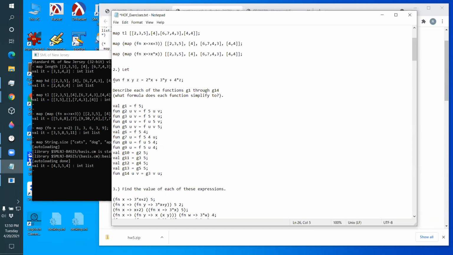Okay, so this is kind of a quirky thing to do. If we think of it, g is a special case of f. You've given f a little bit of one of its parameters. You've specialized f to be the version of f that always has x equal 5. Okay, so now you've got a specialized version of f, and we're going to call it g1. It's already got the first parameter, and it's waiting for the other two. Okay, so